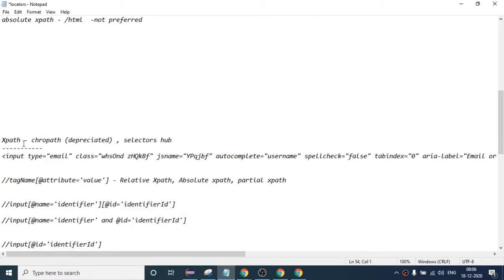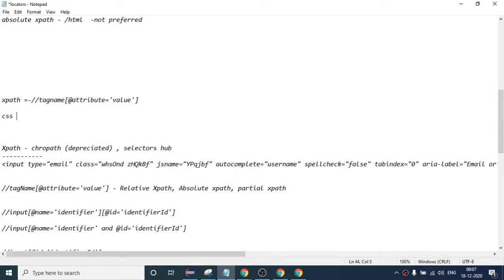So what is the syntax of relative XPath I am talking about? It is double slash tag name and the attribute equals to value. Okay, so if I talk about CSS, CSS is only of one type.